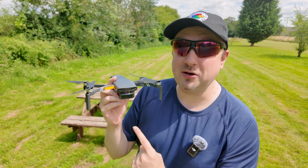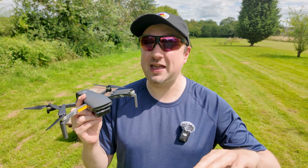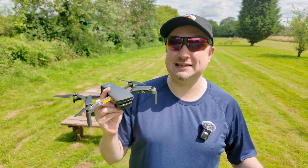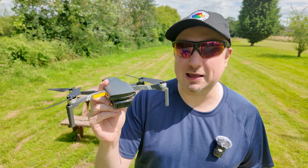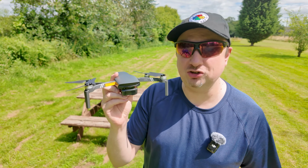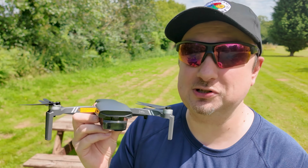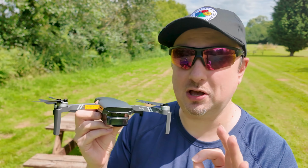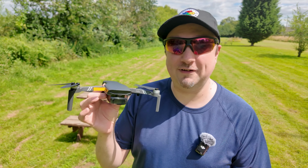And Holystone are boasting that this is using their new advanced GPS, which I have tested with the HS720R and the 360S, and it does work really well with those drones. So I'm expecting a nice stable flight here with the HS900. The Sony image sensor is capable of recording video at up to 4K resolution as well, so I'm going to be showing you some examples of that in action,